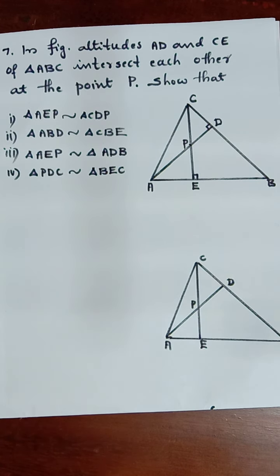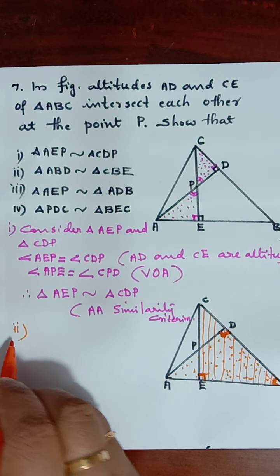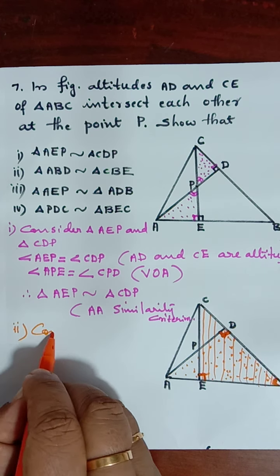Angle ADB equal to angle CEB. It is perpendicular, actually given to us. That is the second point. Consider triangle ABD and triangle CBE. First point is angle ADB equal to angle CEB equal to 90 degrees. It is given actually, or we have written it in the first one itself. So it is given, 90 degrees.